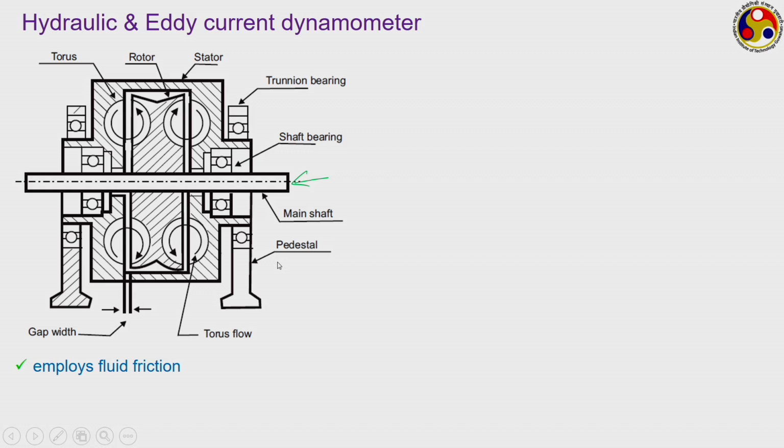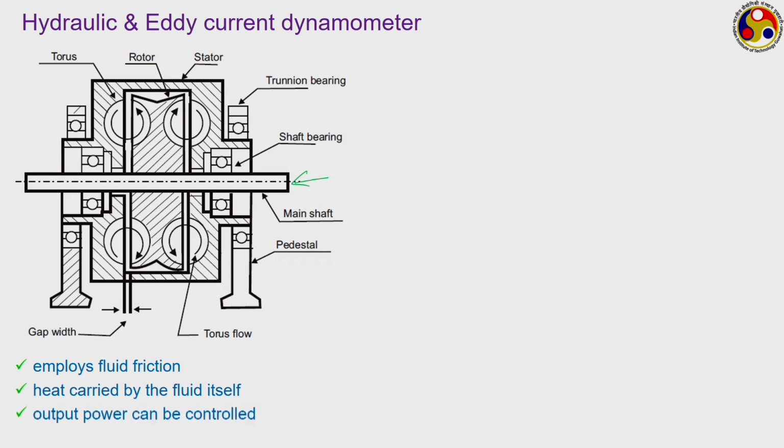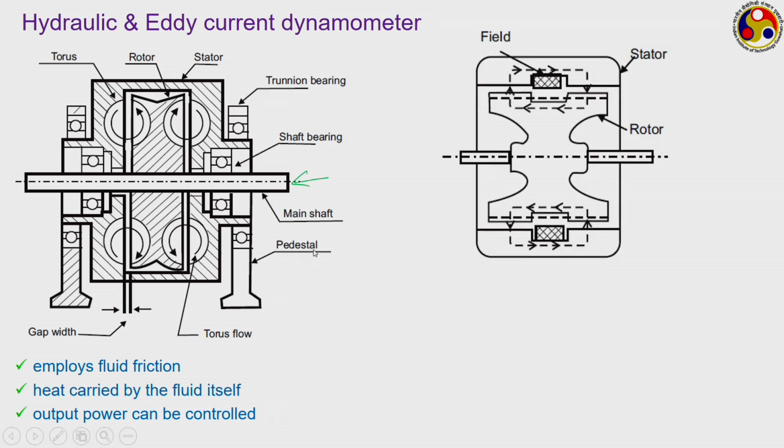So, it employs fluid friction, which is always better to work with compared to solid friction, like in case of rope or Prony brakes. The heat is carried by the fluid itself, so no separate cooling arrangement is required, and the output power can easily be controlled by mounting a few sluice gates, thereby controlling the flow of the fluid around the shaft. And the final device to talk about is the eddy current dynamometer, where you have a stator part, you